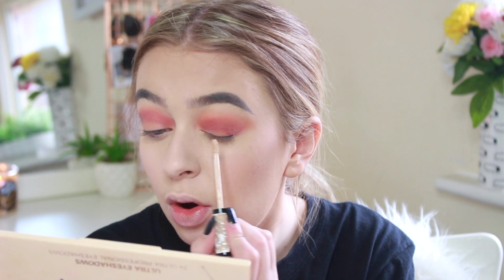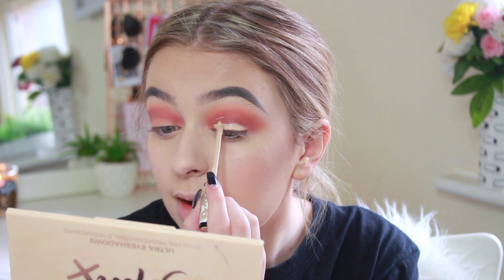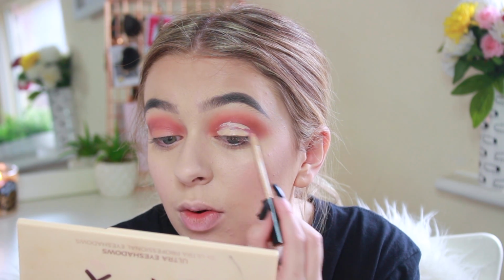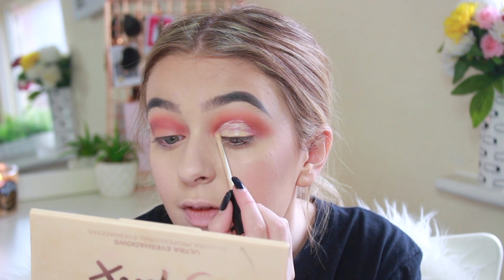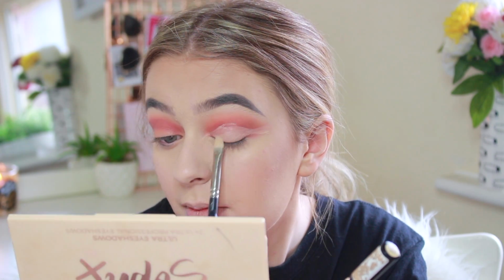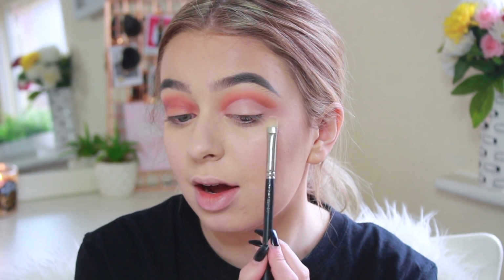So I have just this little hack thing that I tend to do just to cut my crease because I don't really have the right shape eyes to do it normally. So I take my Collection concealer, make sure there's a fair bit of concealer on here, and then I'll just pop it on my lid and just blink upwards, and then it can create the kind of line where the cut crease needs to be, and then I can just go ahead, blink again, fill it in, and we can go all the way around in order to create the perfect cut crease shape. As you can see, it's looking very, very messy, and then we're just going to colour all of that in with this brush. I'm going to repeat that on the other eye, and then we can darken up the inner and the outer